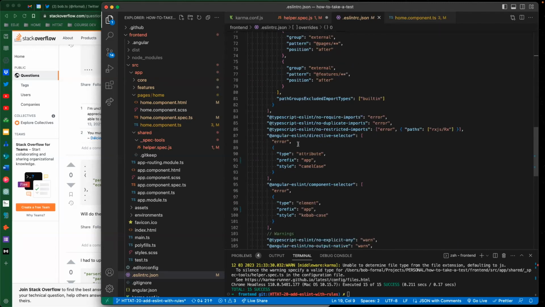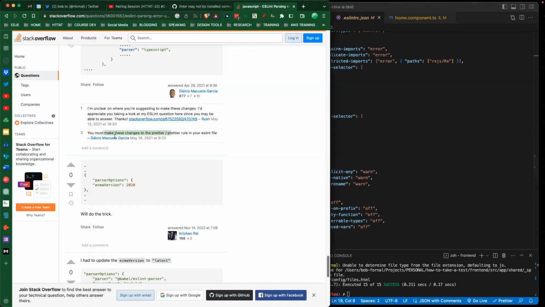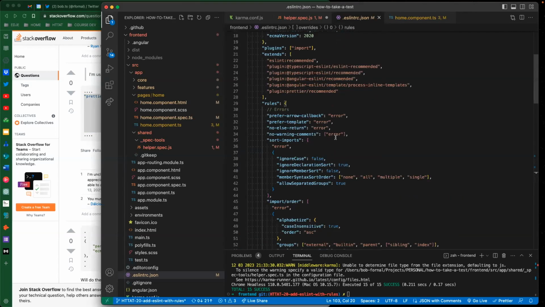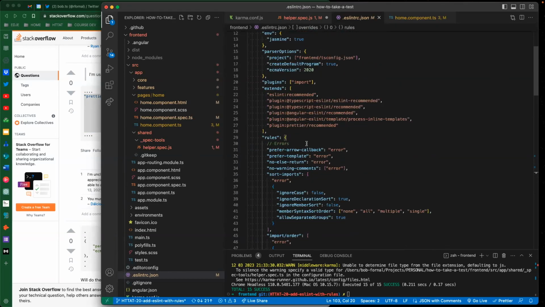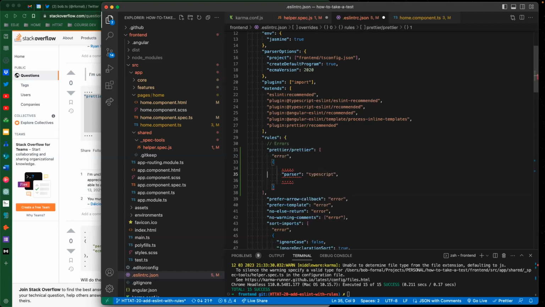Even have a prettier. I don't even see it. So what he's doing is he's got a prettier error TypeScript thing somewhere in there. Copy. And he's saying make these changes in your ESLint file. So theoretically, yeah, well,